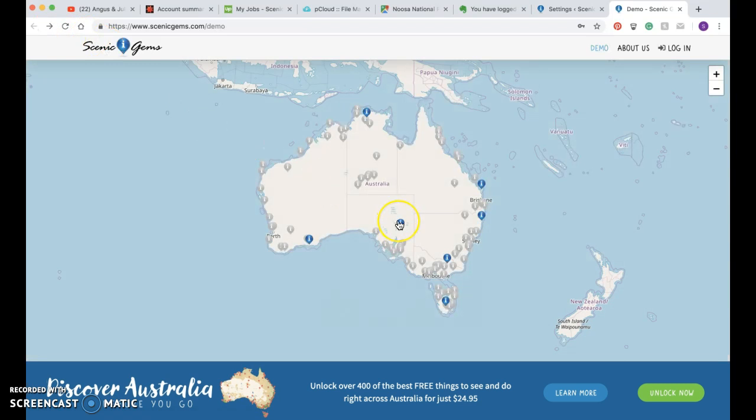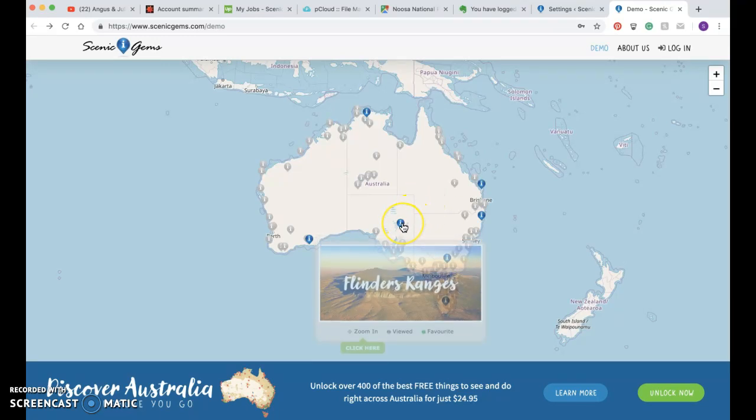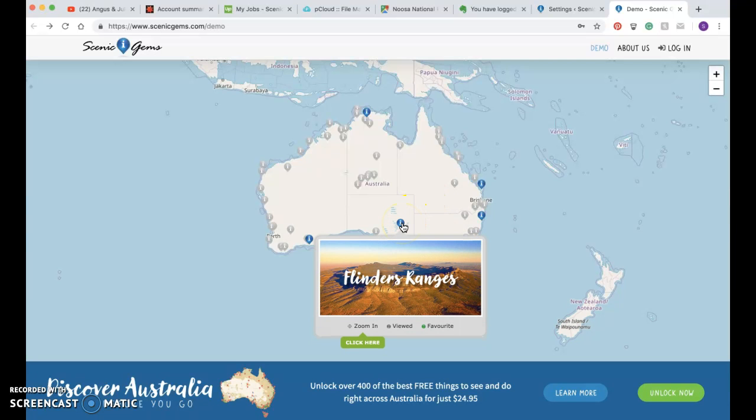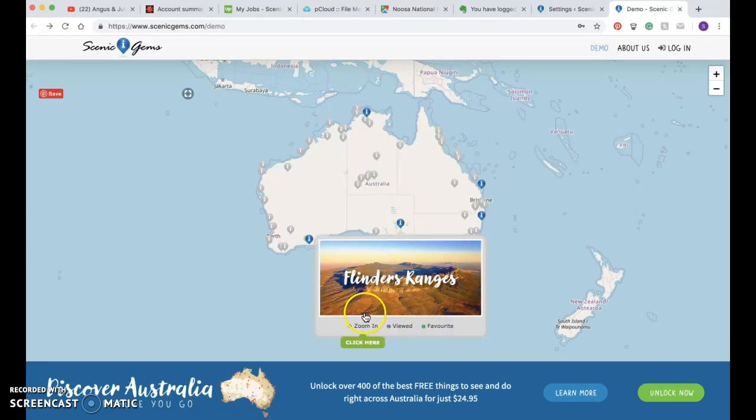Now with these, this one here, can this come in about maybe say 2 seconds? I think 2 seconds after this. So Flinders Ranges, 1, 2, click here. Yeah, 2 seconds, just so that when people mouse over it, they see Flinders Ranges first. They get that impression. Then click here. We want the initial impact of this image to be impressed upon them. So when I zoom in,